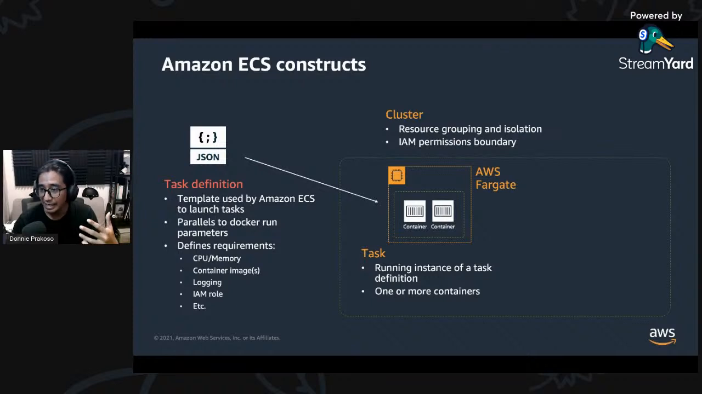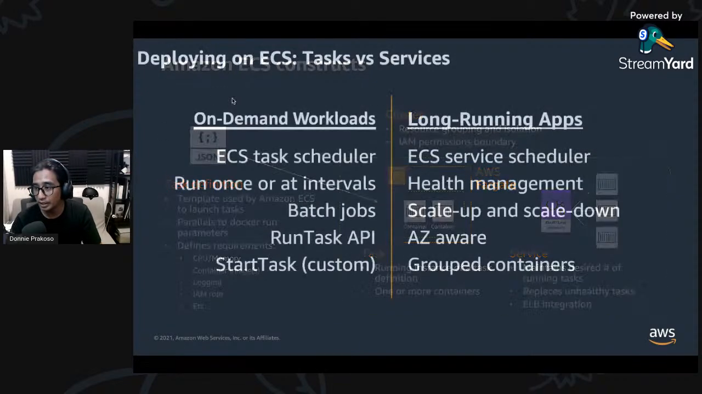A task is an instantiation of a task definition that is running in AWS Fargate. So you can think about a task definition as the blueprint for your task. You need to specify the name of the task. You need to specify the revisions, container definitions, and volume information. And finally,